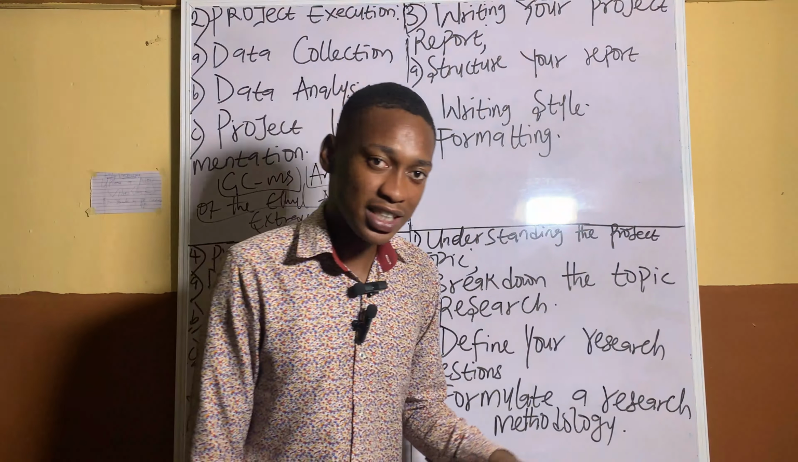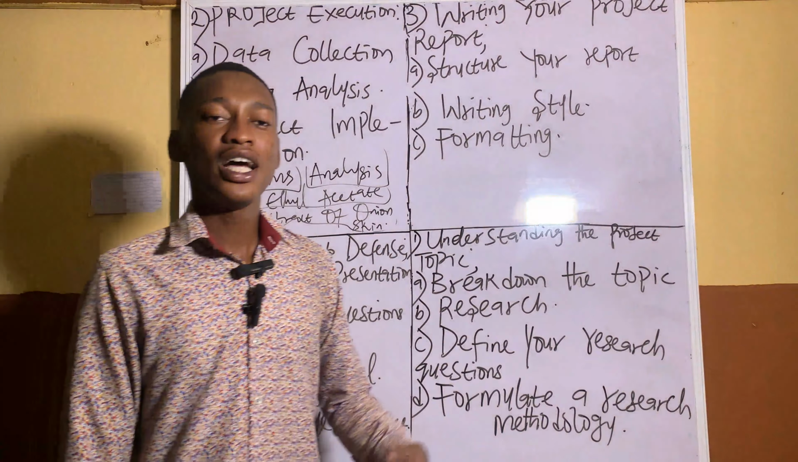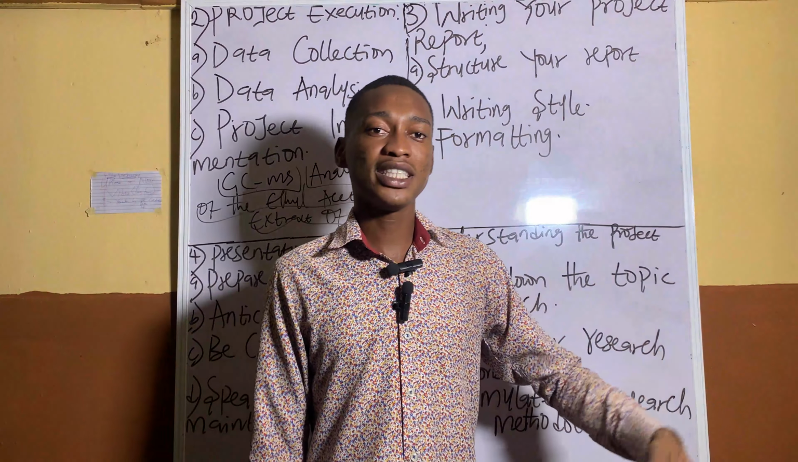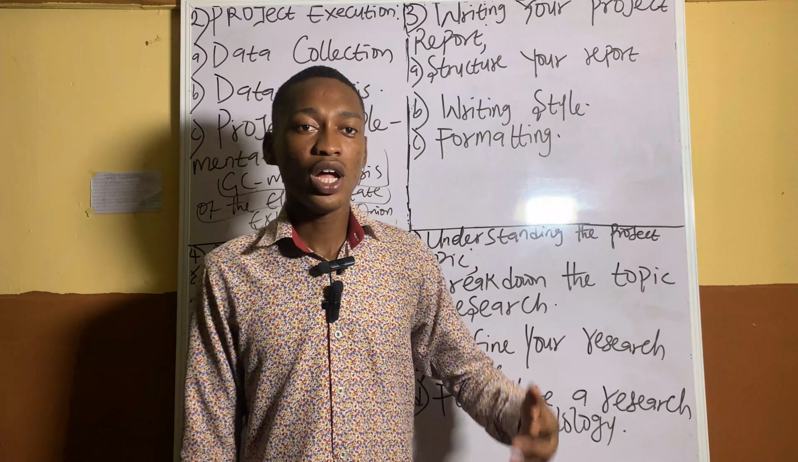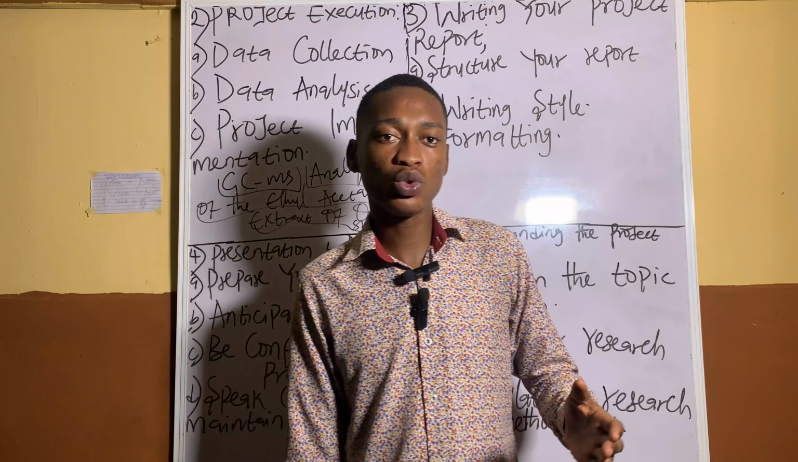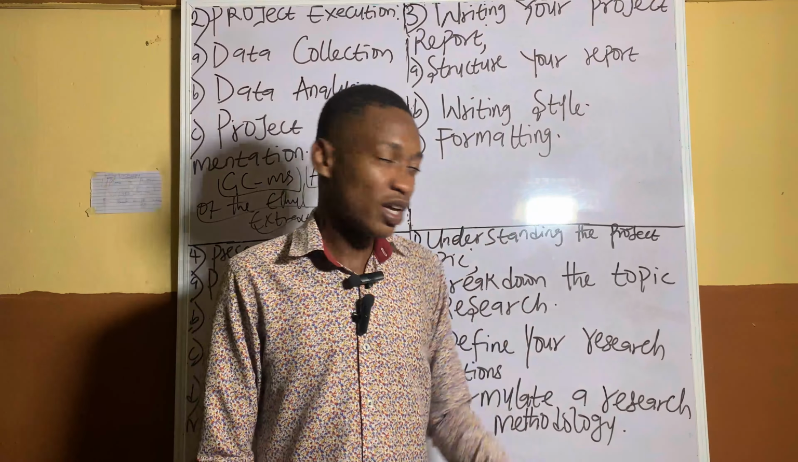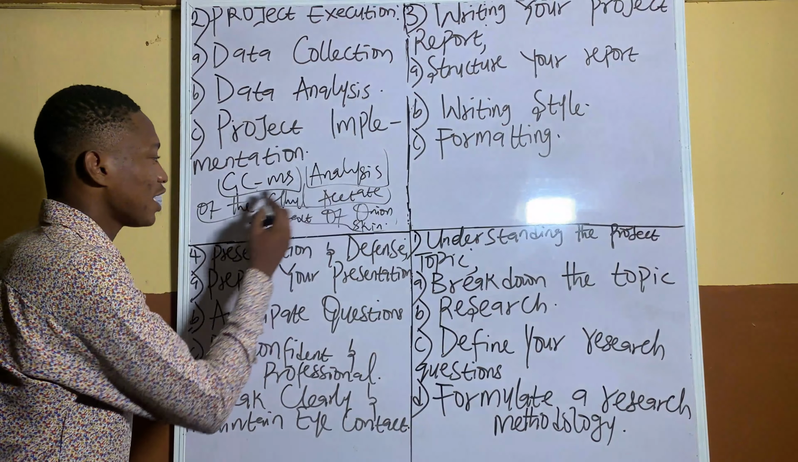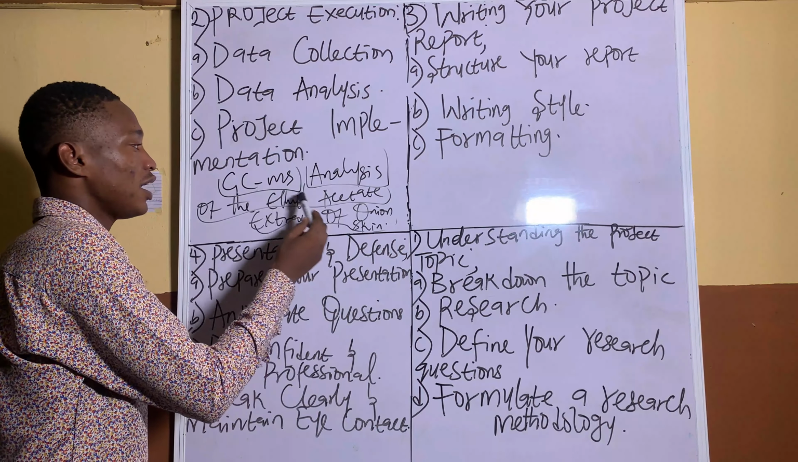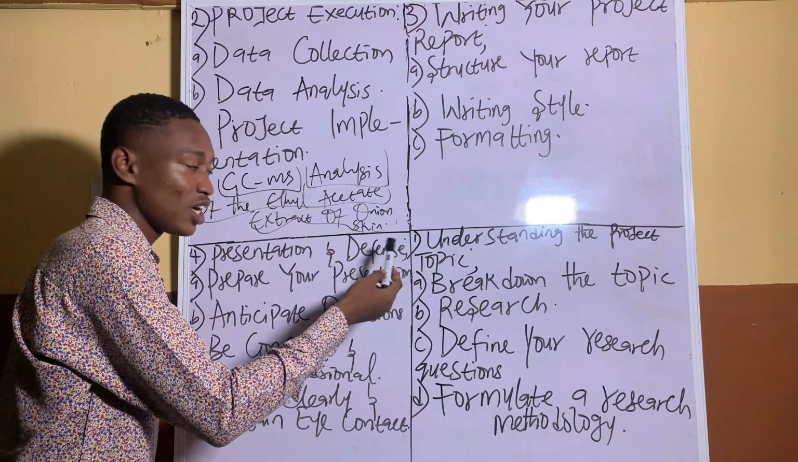Now, when you've broken that topic down, we're talking about research. In research, we try as much as possible to go online and look at what other scientists and researchers have done. Look at their work and get ideas from their work. I don't know if you get what I mean. See what they've done. There are people that have done GCMS analysis of ethyl acetate or plant extract,